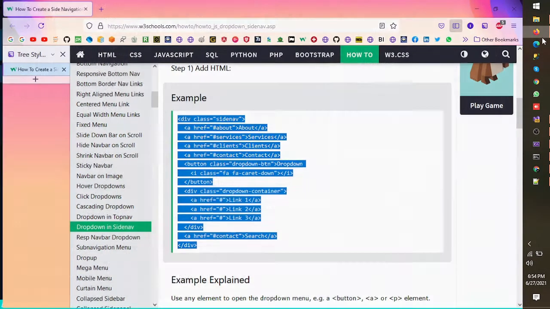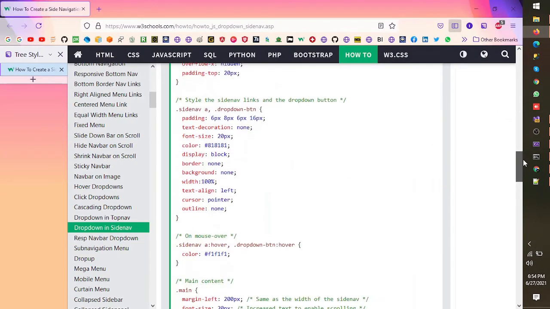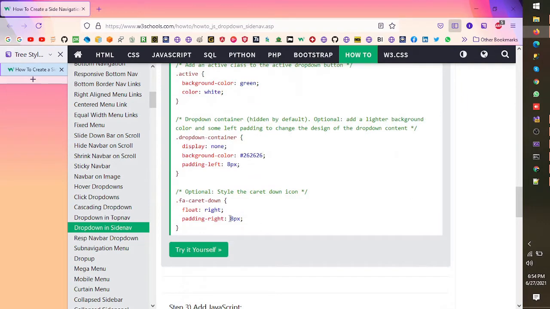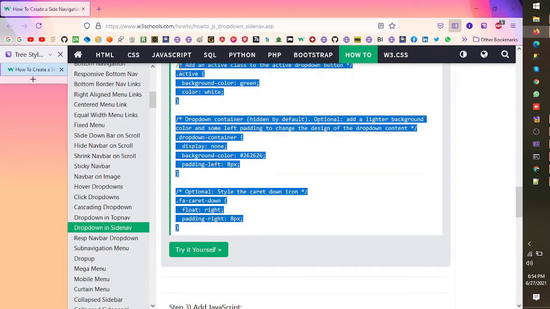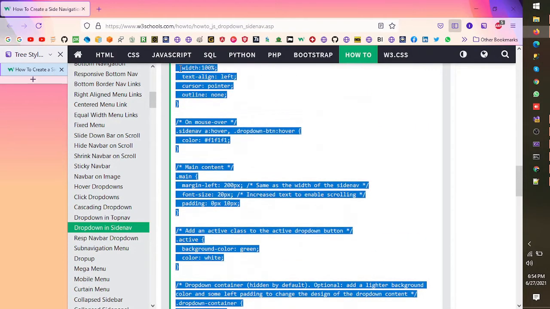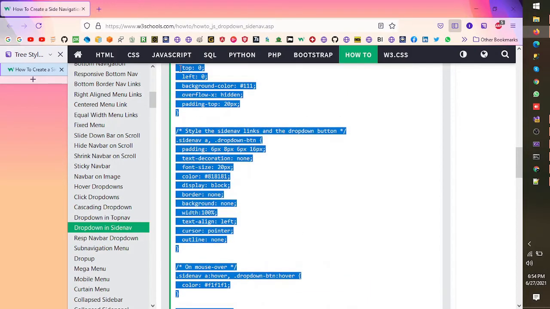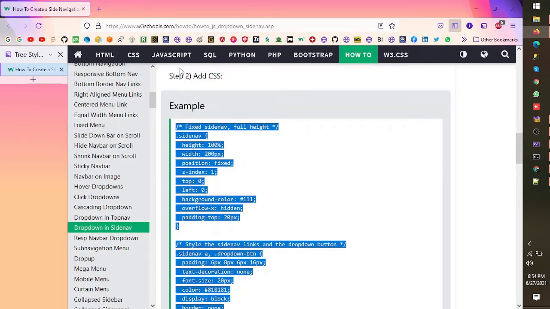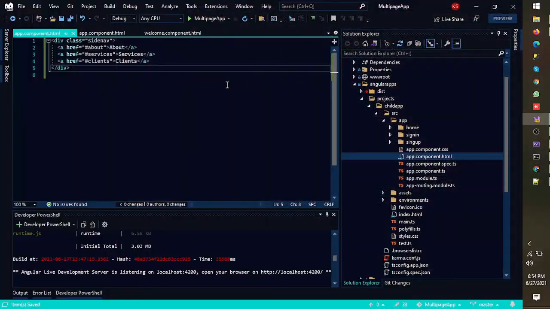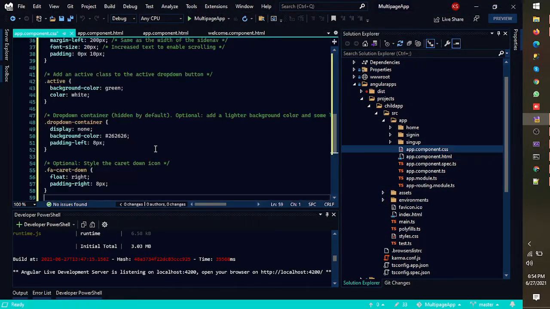For the CSS part, I would need CSS from the same page. Copy this and we need to paste it in app component.css.